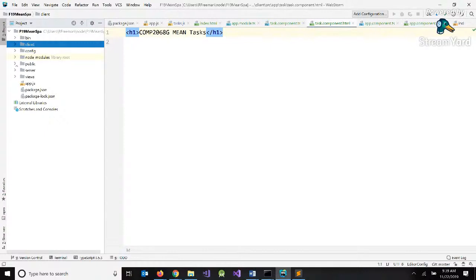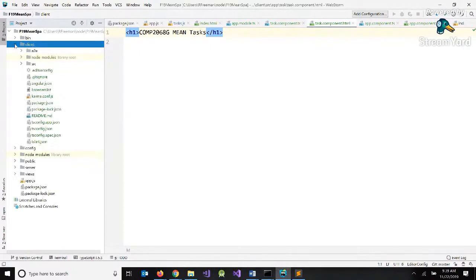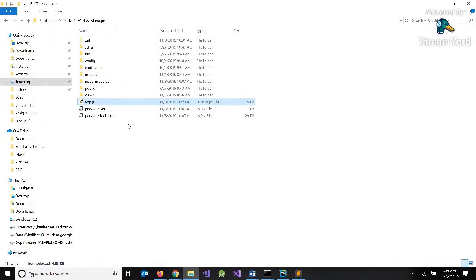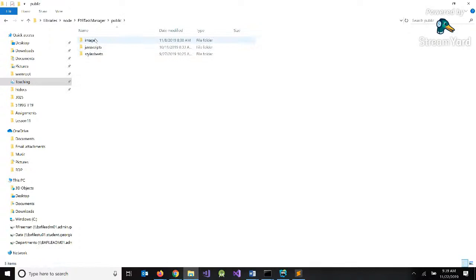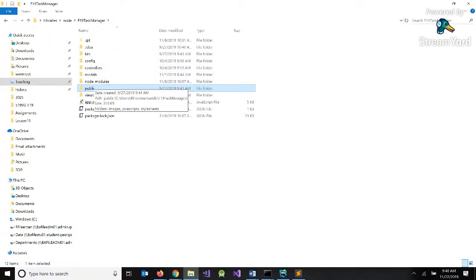So I'm going to move this folder, and then I'm going to copy the JavaScript, going to copy those subfolders. Or actually, we could even just probably delete this. Here's what I'm going to do. I'm going to copy. So from my original task manager inside of public, we already have images, which we don't really need, but we have JavaScript, which we do need because we put in jQuery and our own script. And under style sheets, we've got Bootstrap. So what I want to do is copy this whole public folder into my,